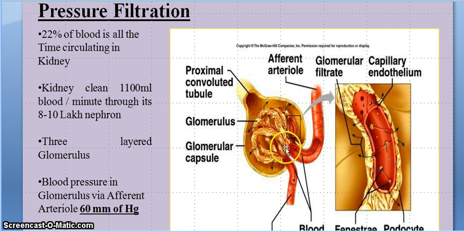Glomerular capillaries are always porous, just like other capillaries, and the pores of these capillaries are impermeable to the proteins present in the blood. Blood is coming here. Blood has plasma proteins, cellular elements, as well as plasma, which is the liquid portion of the blood. Now this liquid portion, along with the various waste water, is filtered through these capillaries into this bag, which is known as the Bowman capsule.